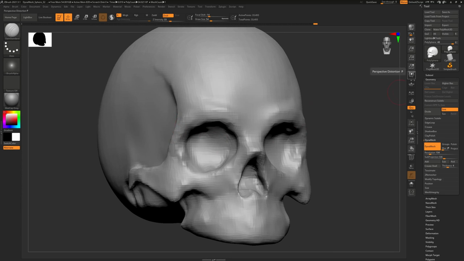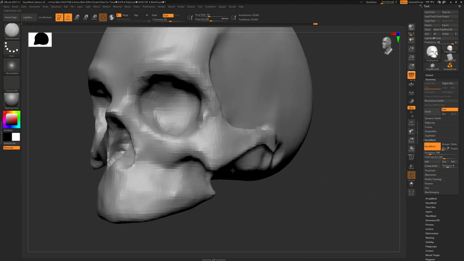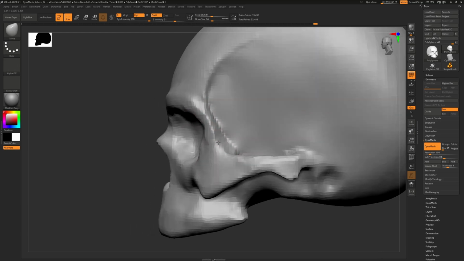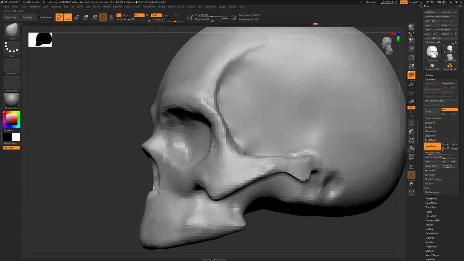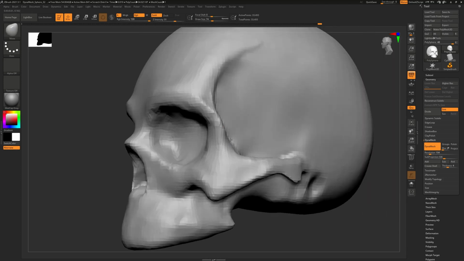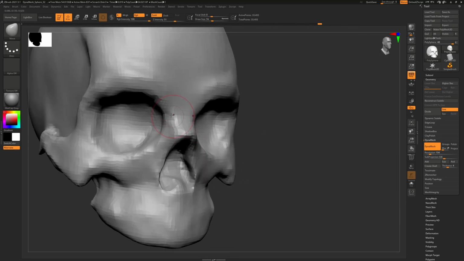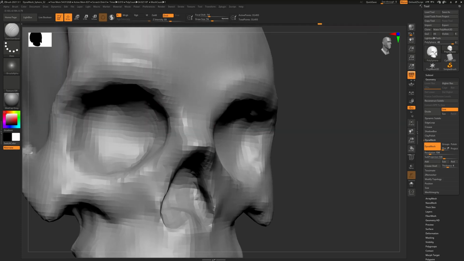So let me turn perspective on though, because the reference image I'm looking at is in perspective. I don't know how precise I want to take this because we still got one more thing we gotta get through today. So I might have to cut it short a little bit. A really strong feature is this bridge, though, the bridge of the nose. So I'm gonna go to Dam Standard,